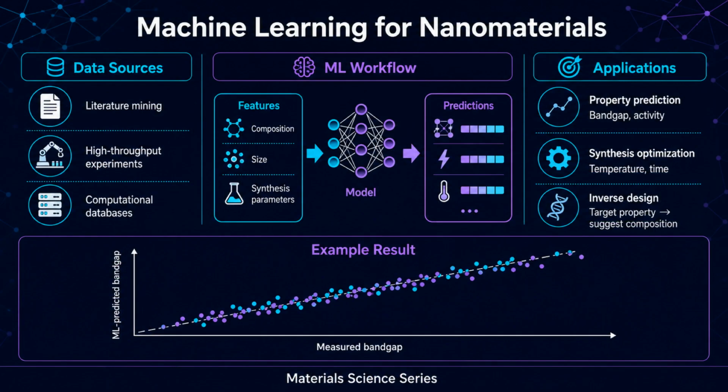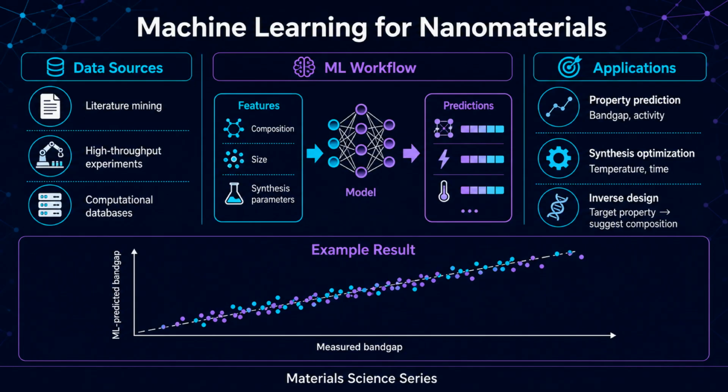Artificial intelligence is transforming how we discover and optimize nanomaterials. Traditional materials development is slow and expensive, often requiring years of trial-and-error experimentation. Machine learning accelerates this process by learning patterns from existing data. Property prediction models take as input features like composition, size, and synthesis parameters, and output properties like bandgap, catalytic activity,